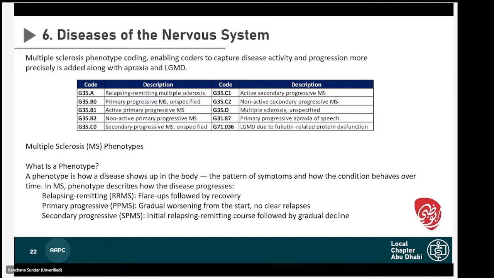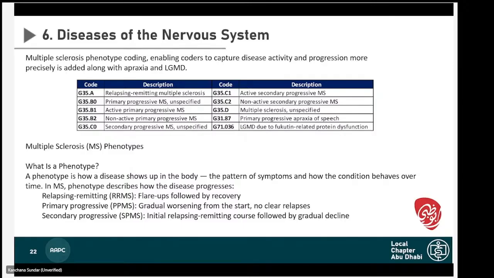I wanted to again touch back on the phenotype options available for multiple sclerosis in the register form, like relapse remitting multiple sclerosis, primary progressive, secondary progressive, and primary is further divided into active and non-active, and secondary is further divided into active and non-active. And of course, we have G35.D, that is multiple sclerosis unspecified. But with so much specificity, I am very sure as coders, you all will check for the specificity available in the documents. And of course, there are two others, which are not related to multiple sclerosis, which have been added,